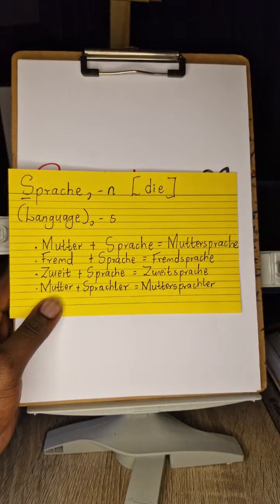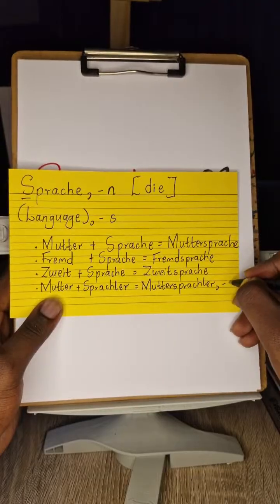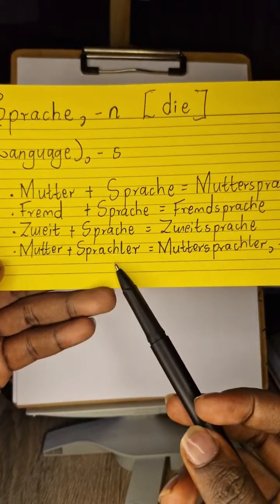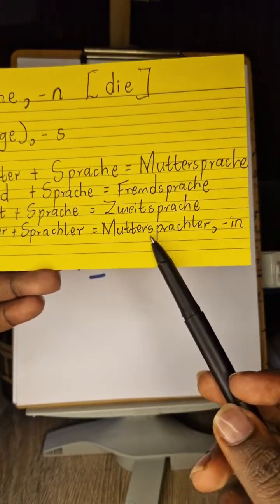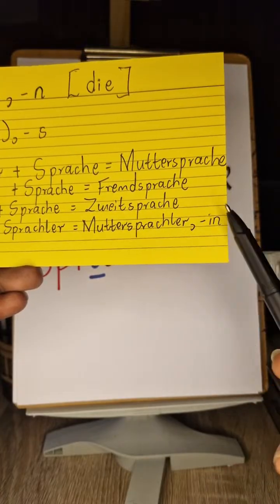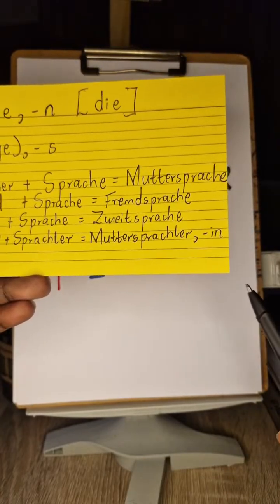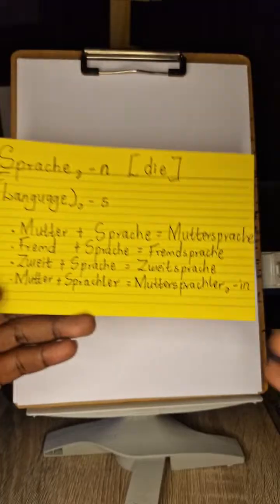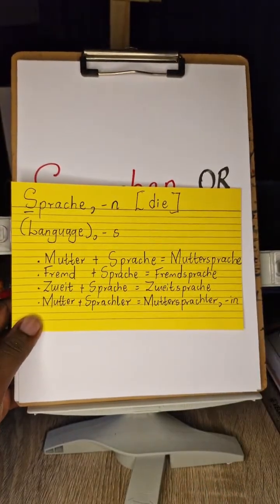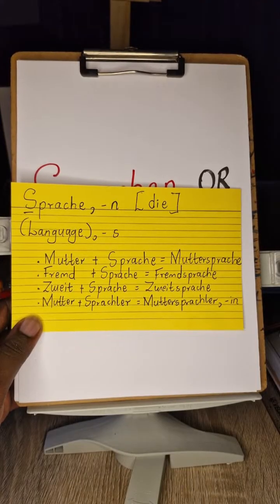Muttersprachler. If it's a female, now I would add an IN to it. Look at that. So Muttersprachler. So female, now say Muttersprachlerin. That is now a native speaker. Okay. All right then. Now, how about we see, now the same Sprache, we sometimes use it to form adjectives,